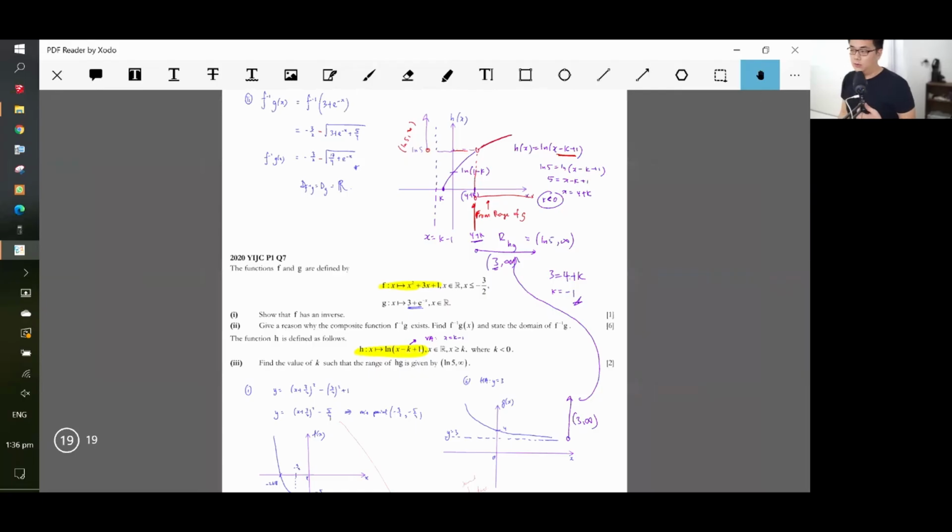That's why I like to use the graph. You use graph, it won't go wrong. I know there are many methods to find the range of composite function. I totally understand. But I have always been a strong advocate of graph, because if you